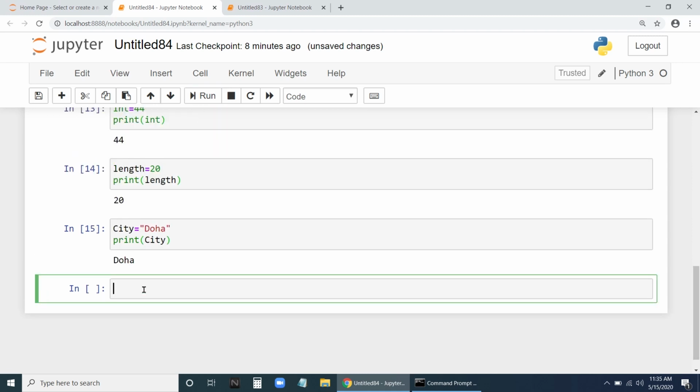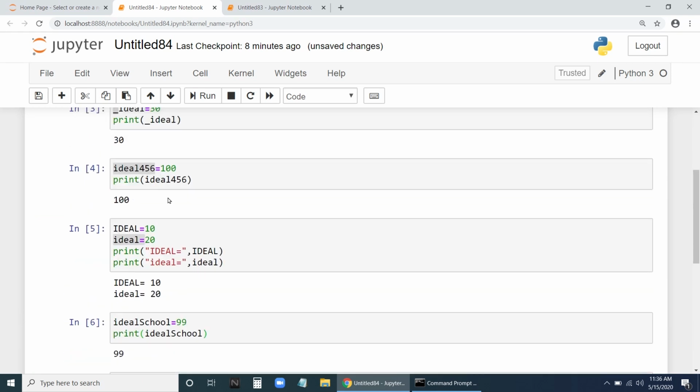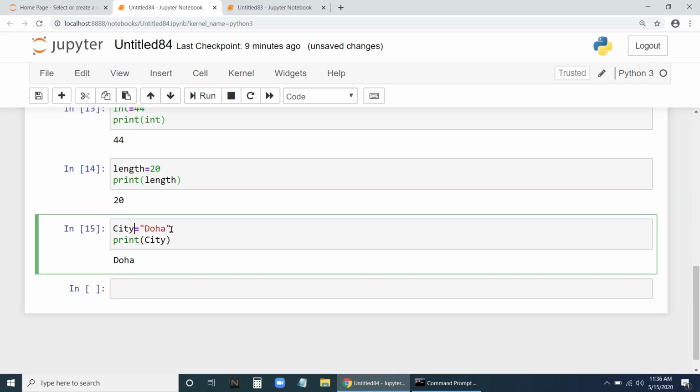Now the same thing applies here. It cannot start with a number. It cannot contain a blank space. Then it cannot have a minus sign in between. It cannot have a dollar sign. It cannot start with special characters. Fine. So all the things what I have said here will be valid for other data types also.